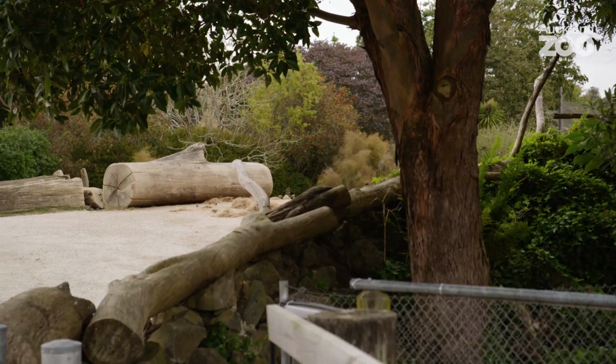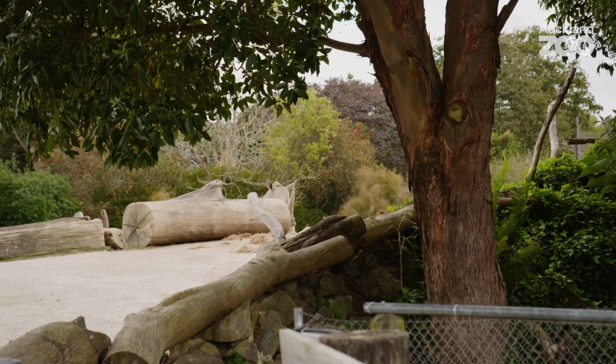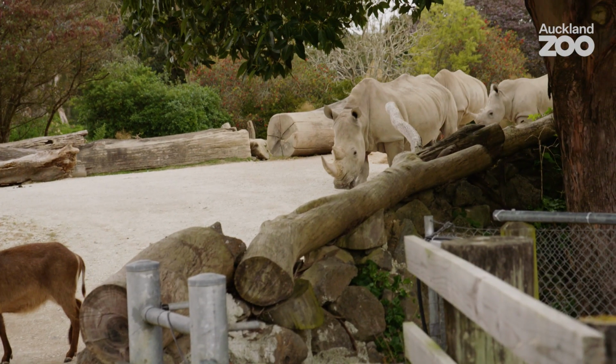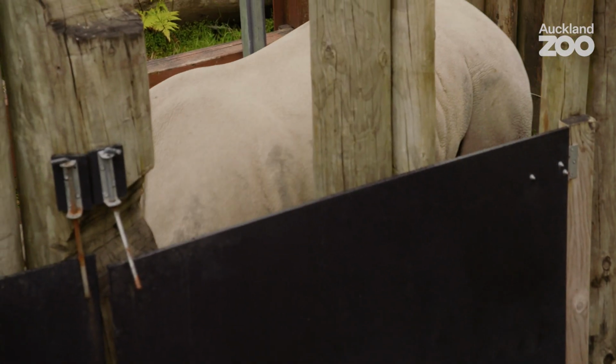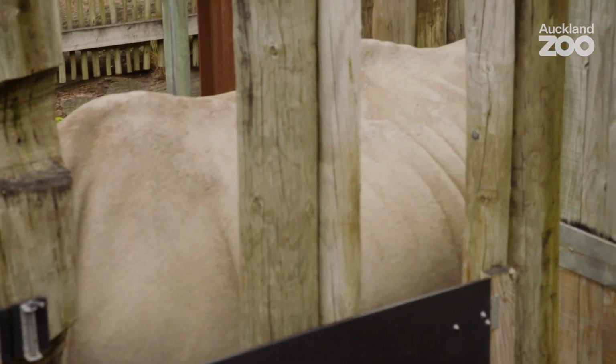Rhinos! Jamila! Come on! Hi, little miss! There they are. A water buck. Not your turn. Oh, running in. Good girls. Hello. When we're going to do our training with our rhinos, we make sure that everything's set up